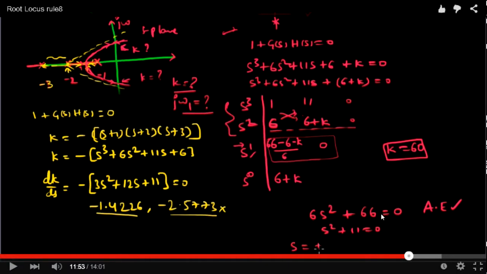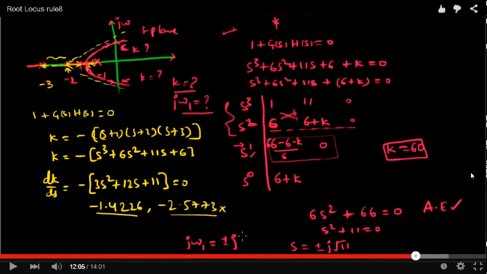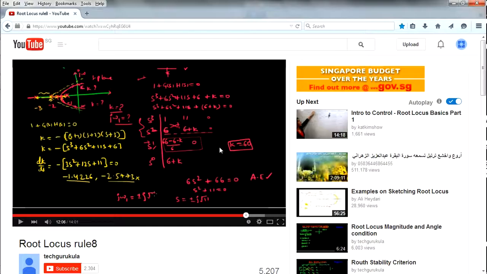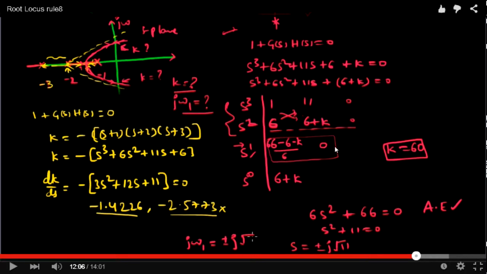So if you factorize out the 6, you get s squared plus 11. Okay, so hold on a while. I believe he has really explained our concerns about why you want to make the odd numbers 0. Because if you make the odd row 0, the second order will become an imaginary number, right? Because you can see, if this is 0 already, 0 times this one, everything will become 0.